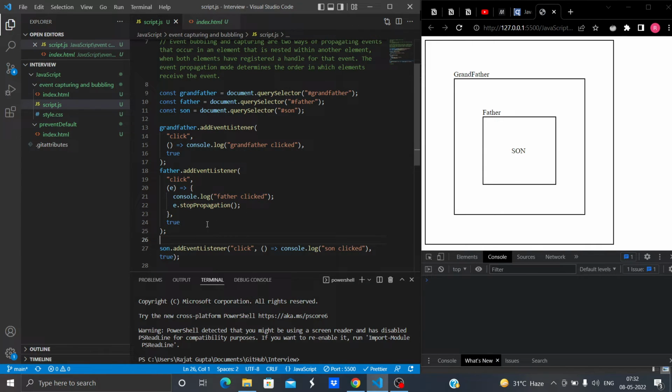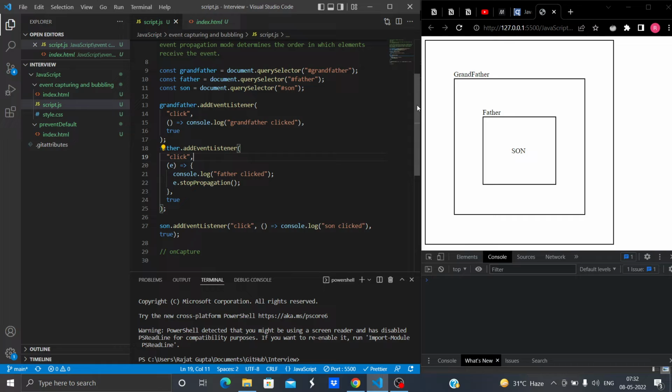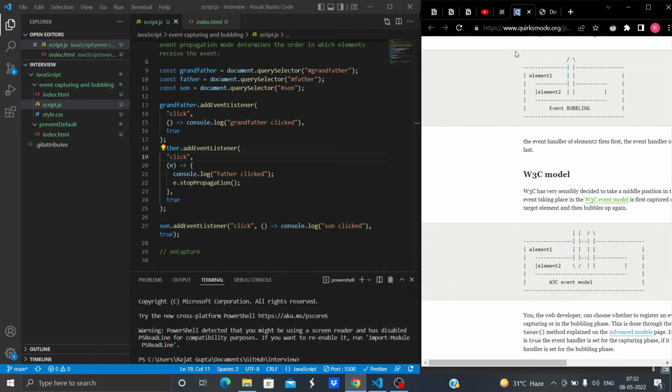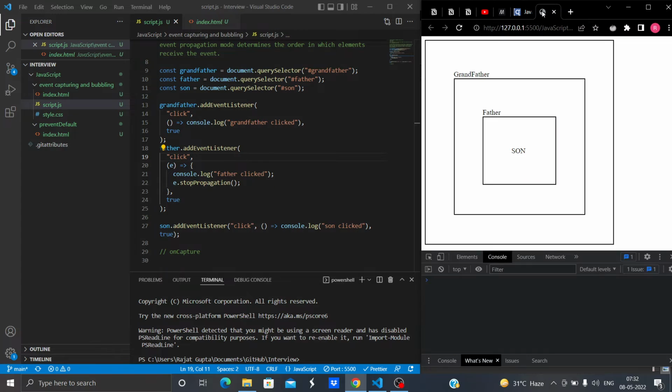Now see this, only this, and ignore all of it. What will happen is, since all of these on capture values are true, when I click on son, what you must be expecting is that capturing will take place, and there is no point of bubbling, because in the capturing phase itself all of the events have already been executed.